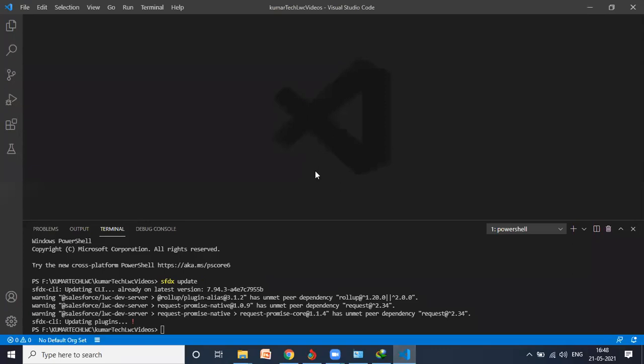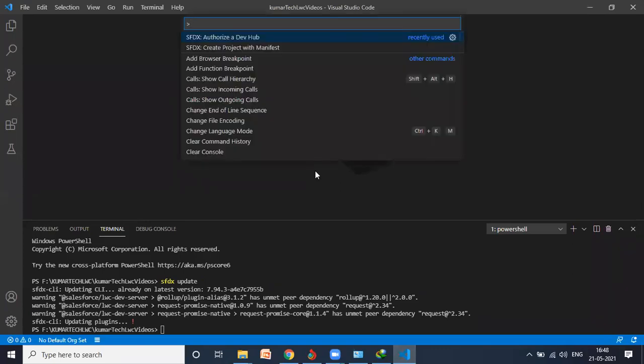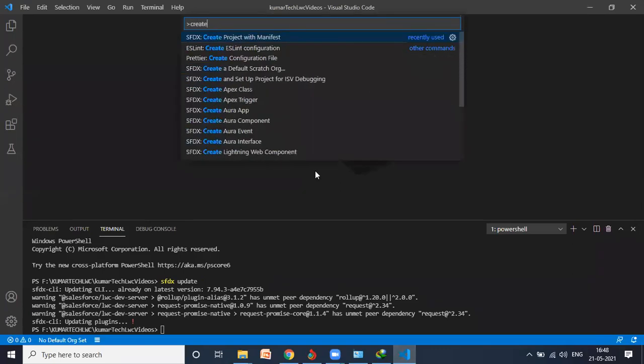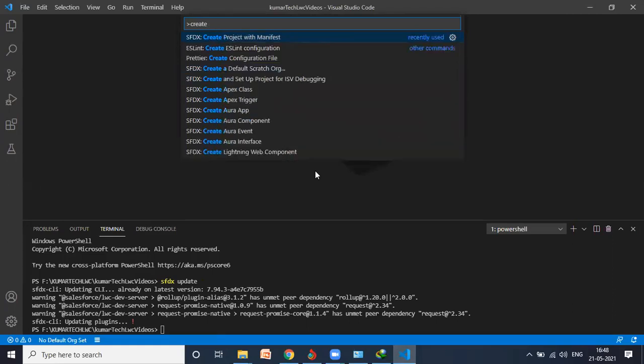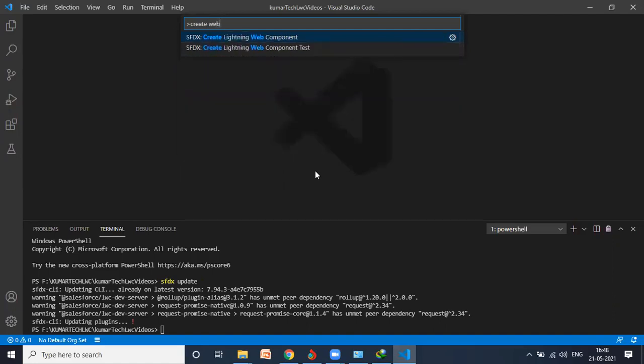Now if I type Control Shift P, there's an option called create a lightning web component. Just type web, and the create lightning web component option came up. So now I can create any lightning web component.